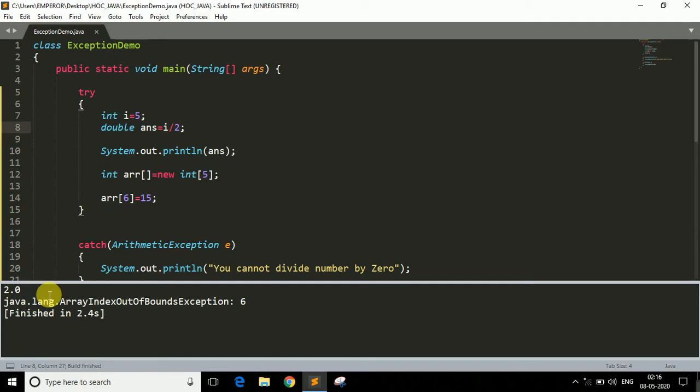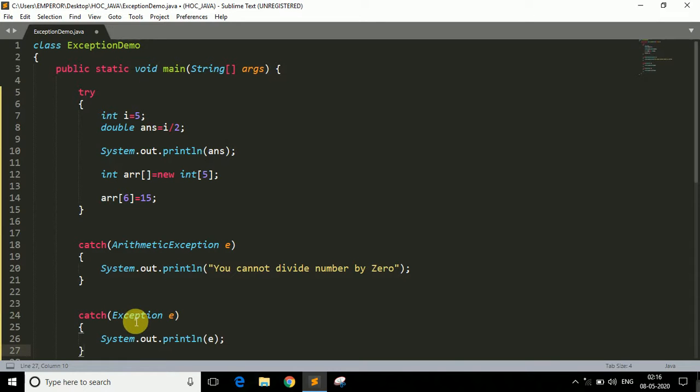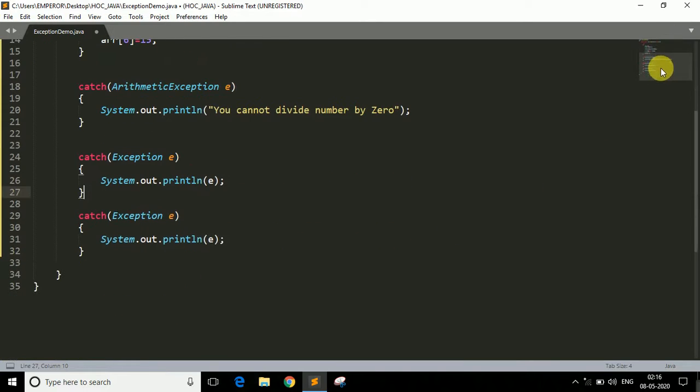As you can see, now it is not throwing an arithmetic exception because it prints the answer, but it throws another type of exception which says ArrayIndexOutOfBoundsException, because we are exceeding the size of the array. Okay, so what we can do is again copy this block and paste it here, and instead of writing the generalized exception class, we can specify the particular exception. In our case, our exception is array index out of bounds, right?